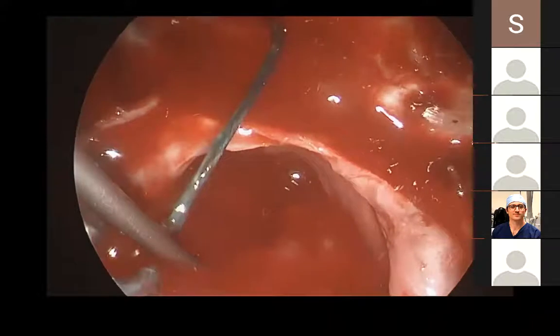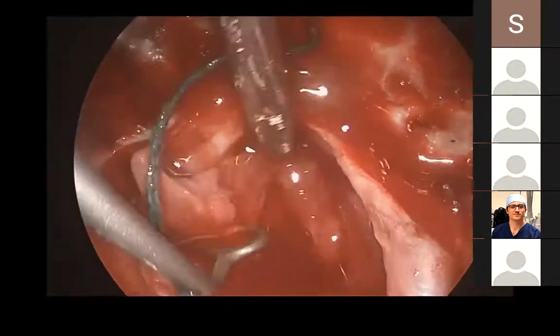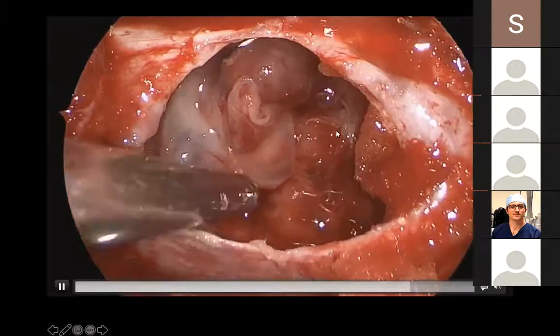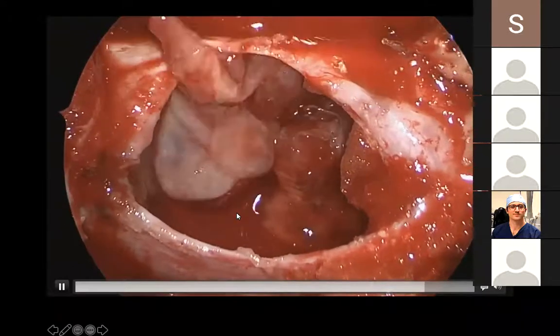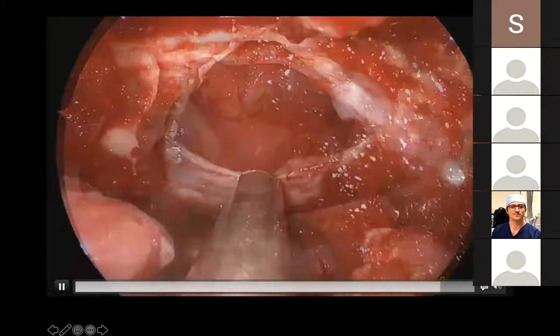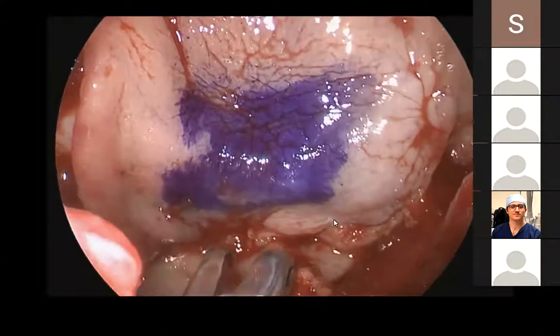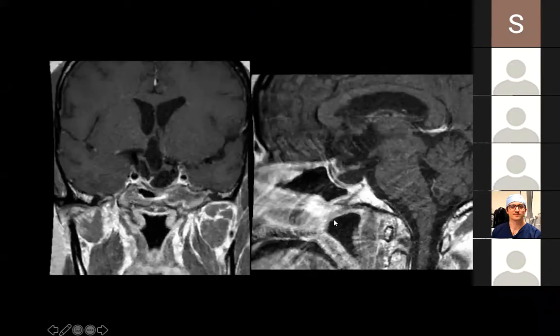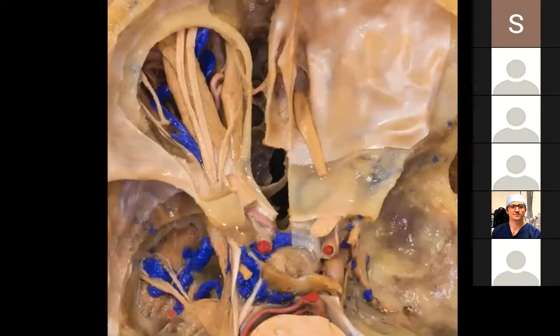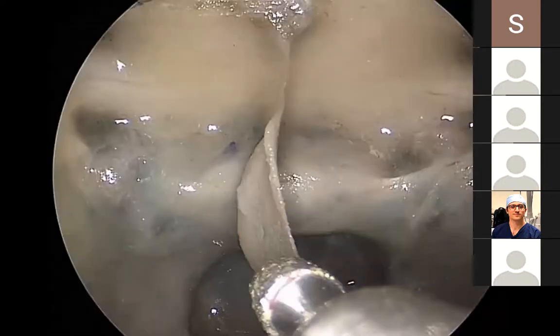So this is with a 45-degree endoscope. You can see that a little bit of the pituitary gland is left here, like a thin layer of the pituitary and the diaphragm. And we reconstructed with a free mucosal graft and an inlay graft. So this is the postoperative result here, and he did really well. He did not recover the pituitary function that was lost, but other than that, he did really well and was discharged home. So now we're going to expand a little bit on our approach here and look at other pictures of